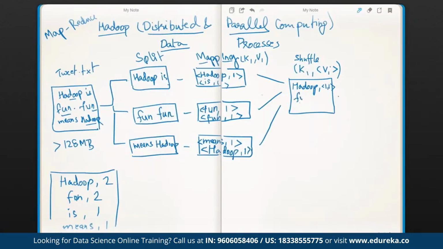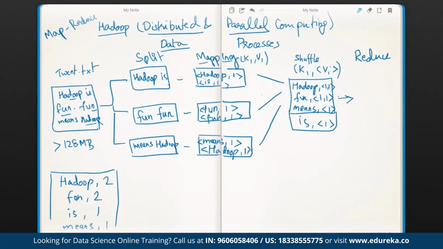Same is the case with the word fun as well, because the key is going to be same. I am going to collect all the ones with it. And then comes the word means, which has only 1, and then comes the word is, which once again has 1, right? So once I get this data after the shuffle, which had the network transfer of the key value pairs, not the blocks, I would simply go for the final step in this framework called reduce, because now I have the global view of the entire data set, which contains